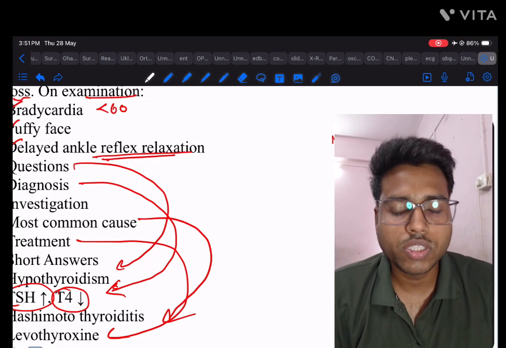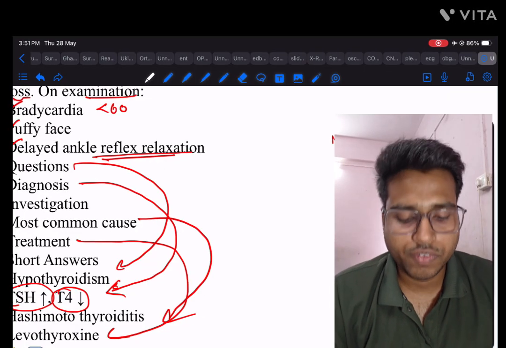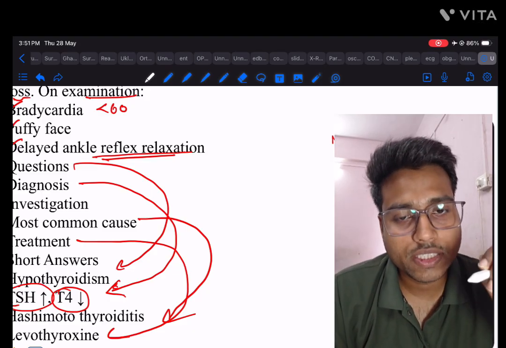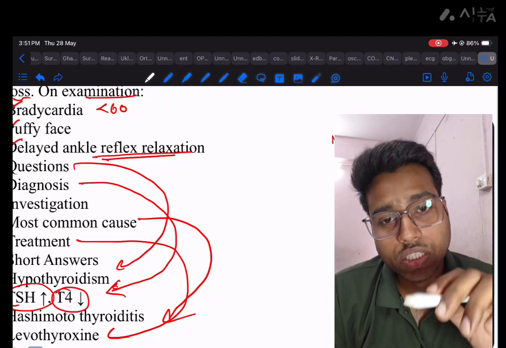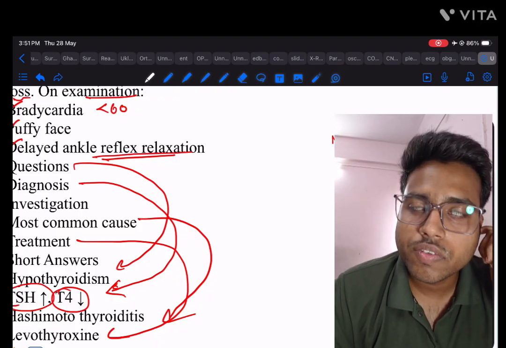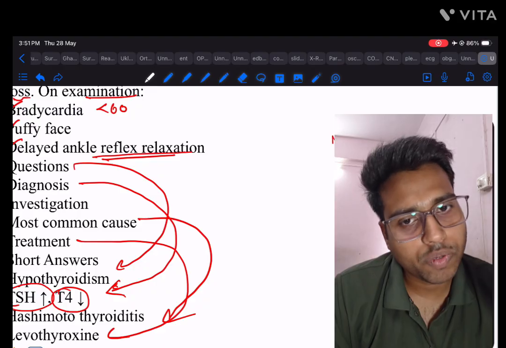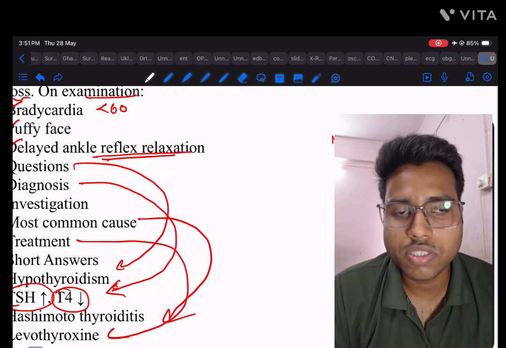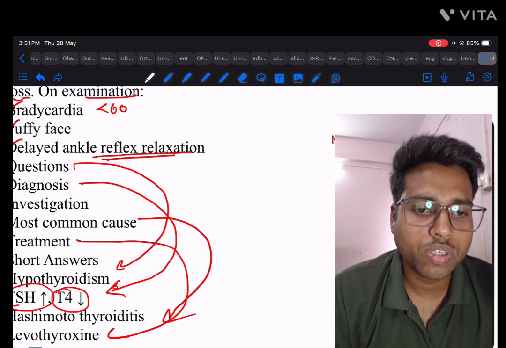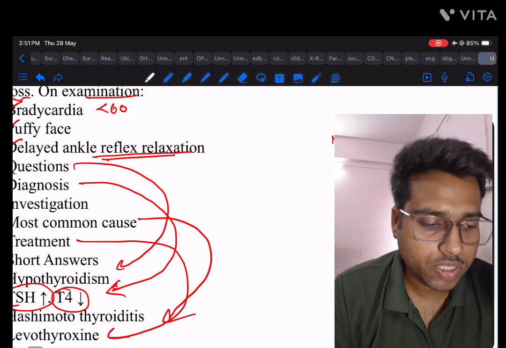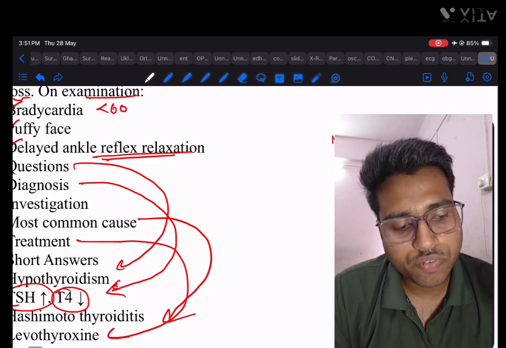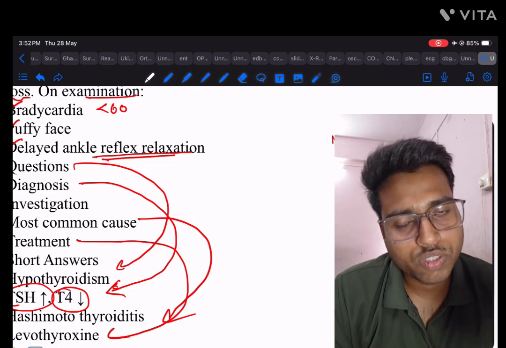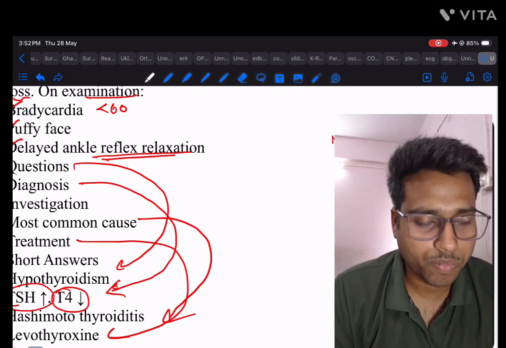So if we do the evaluation of hypothyroidism, what will we do? We see the TSH is high, so we will go for the evaluation of the T4. Okay, what is more potent, T3 or T4? You tell me. If T4 is normal, it is subclinical hypothyroidism, meaning clinical symptoms are not seen. Then we have to see for anti-TPO antibodies, TSH more than 10, and whether the patient is pregnant or the symptoms are present or not. If symptoms are present, you have to give levothyroxine. If symptoms are not present, no treatment is needed, just keep follow-up.